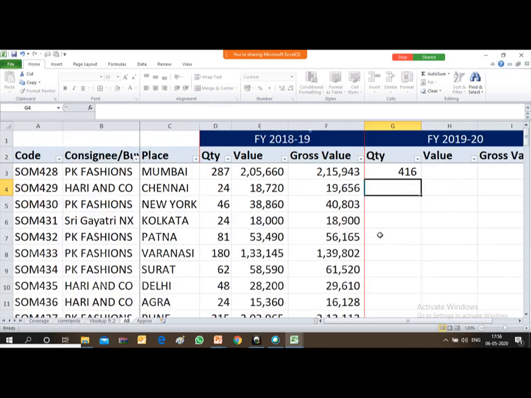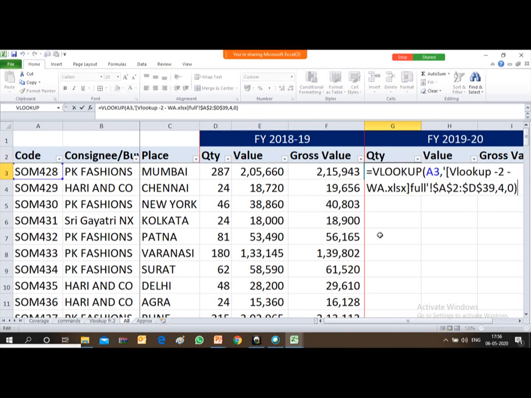Press enter. So friends, I have pressed enter. Now I would be required to freeze the range. But if you see, the range is already frozen. Here you see the dollar sign is automatically appearing. The basic difference is that I have used this formula from a different file.